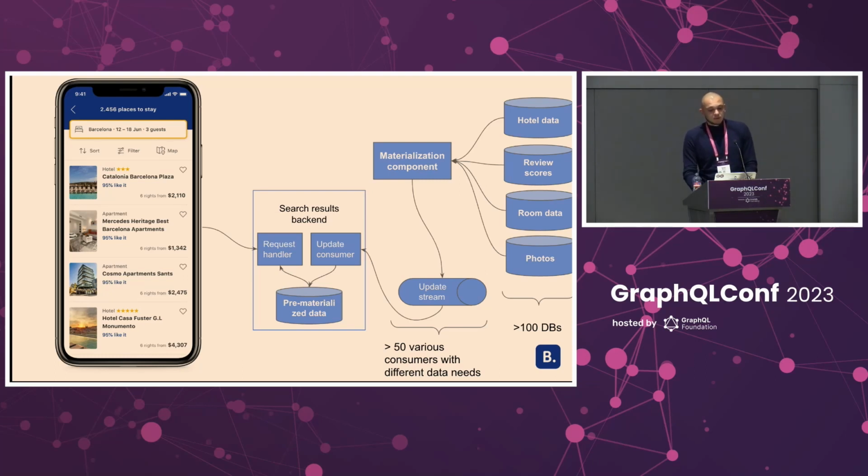So the thing is that this was the only one materialization component we had, and it was being used by multiple pages, by multiple consumers, meaning that the schema we used kept growing with time, because every new consumer would like to have additional data on their page, which might not be relevant to other pages. As a result, we ended up with a schema that is like an object with 1,000 fields, where only a few of them are relevant to each consumer. As a result, a lot of irrelevant updates were coming through the stream, overloading other consumers. So to overcome that,